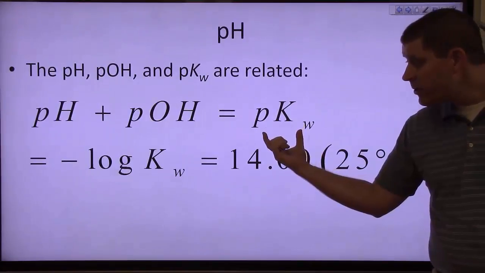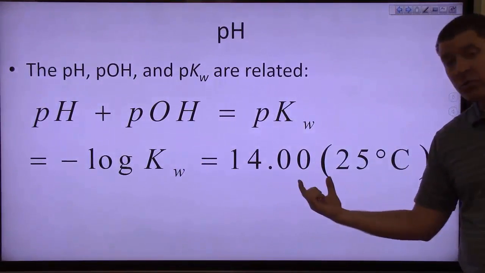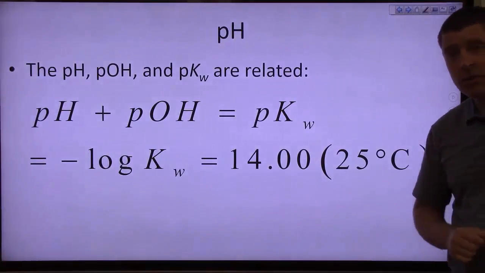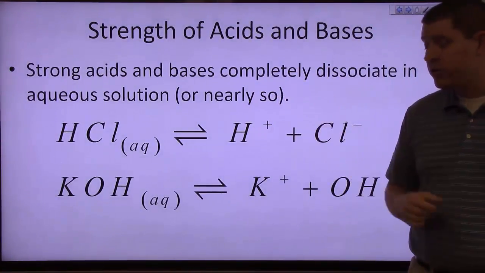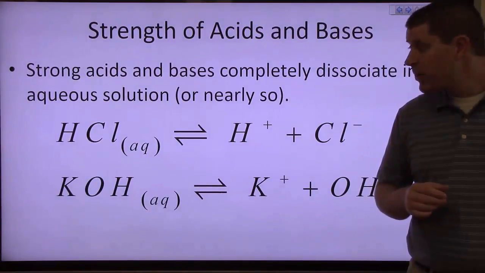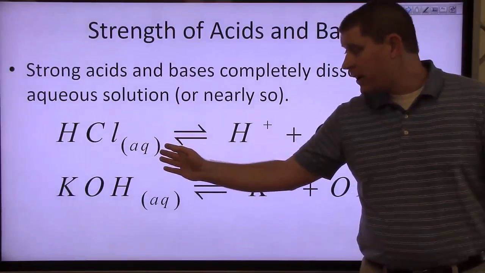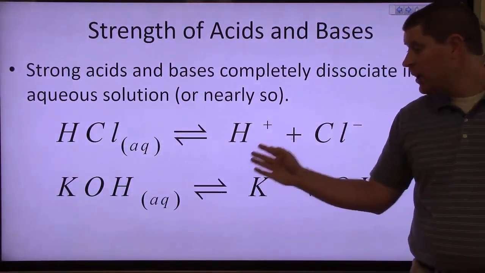Now, pKW is equal to minus log base 10 of the KW, which is 14.00 at 25 degrees Celsius. Now, strong acids and bases completely dissociate in aqueous solution, or nearly so, near enough that we don't need to worry about it. So we have something like hydrochloric acid is a strong acid that dissociates virtually completely into hydrogen